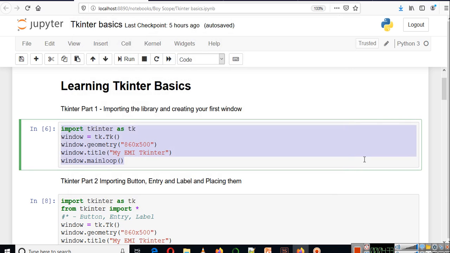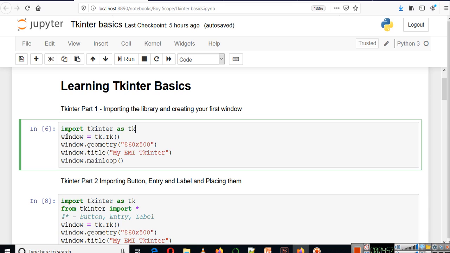So I'm going to close this first. Now I will explain this line by line. So import tkinter as tk, it will import the tkinter library, and whenever you install Python, this tkinter library is already there, so you don't have to manually install this library.